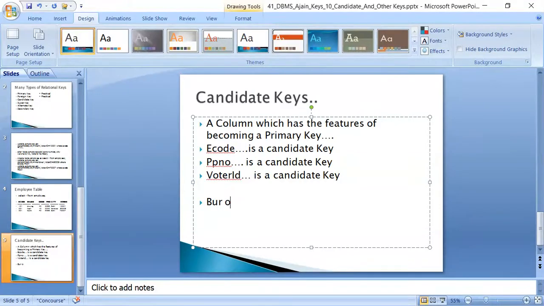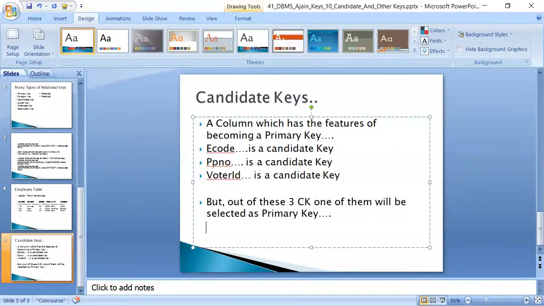But out of these three candidate keys, one of them will be selected as primary. So what is the concept?